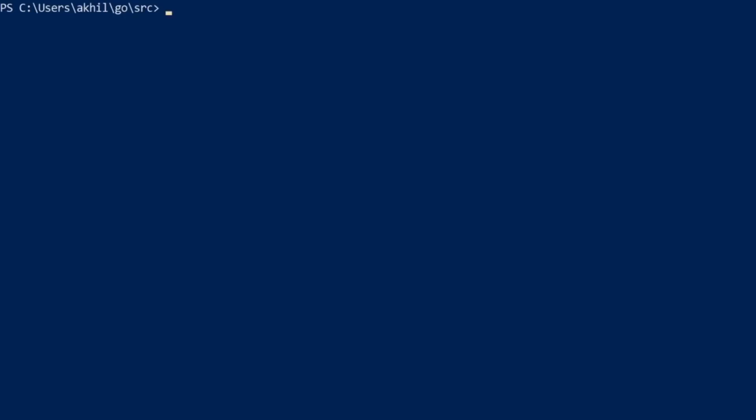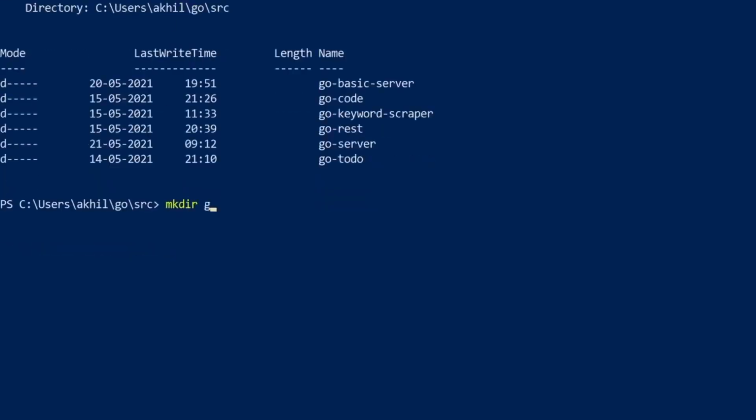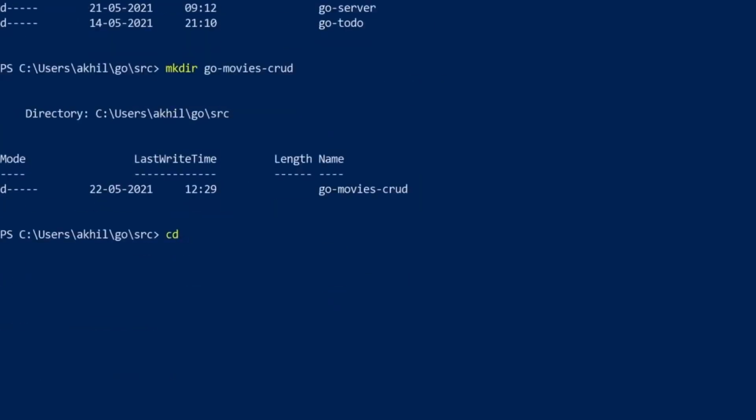So you have to go inside the Go folder, and inside src. If you don't have src, then you can create it, but you'll definitely have bin and pkg, I think. So you can create the src folder, and now you're inside the src folder, as you can see here. Now we'll create a directory called Go Movies CRUD,